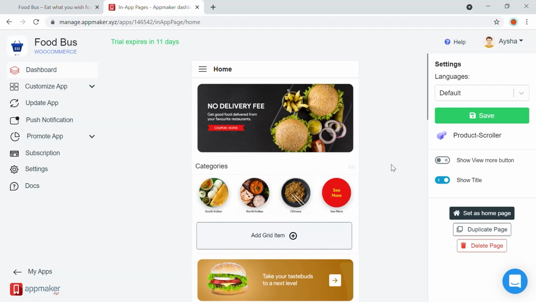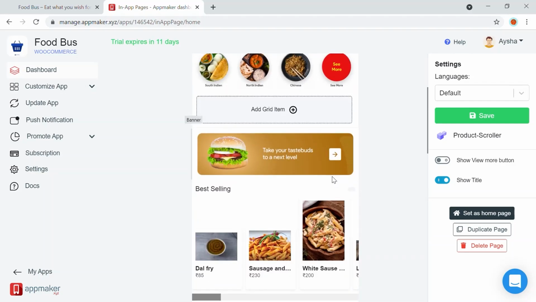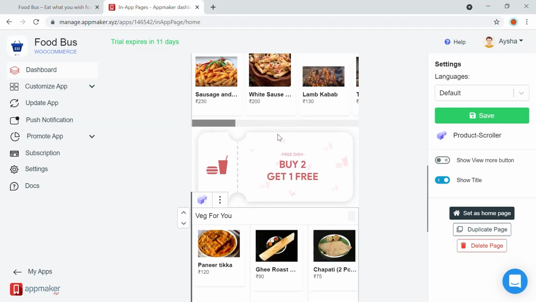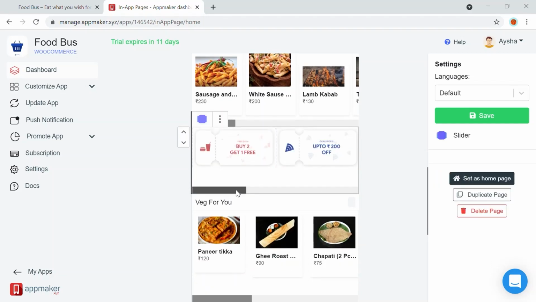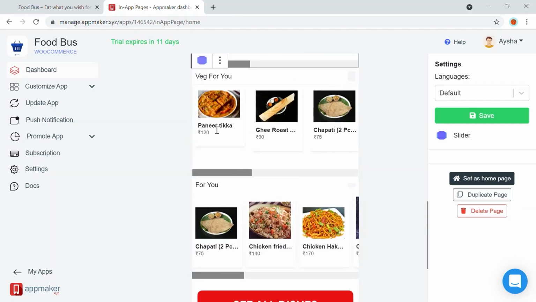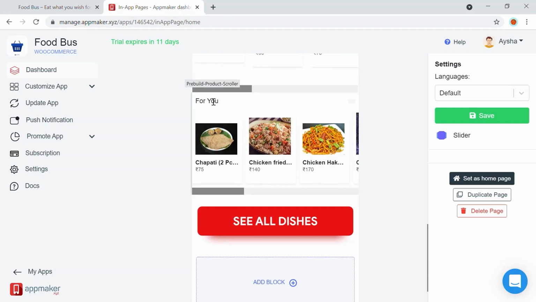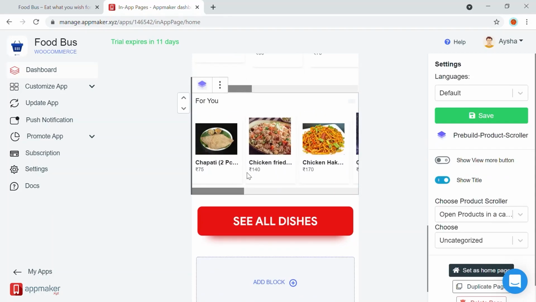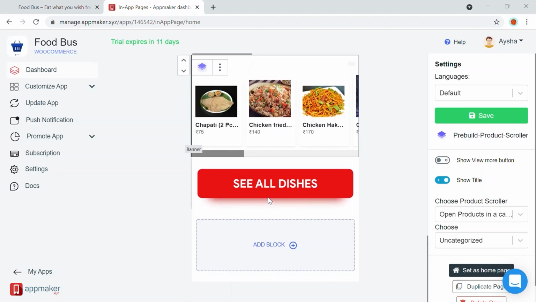So I've done customizing my home page. Right here we have been done up to here. I've added a few more pre-built product scrollers here. I've added some sliders again with the coupons that are available, and then I've added a product scroller, which I have handpicked some veg food items for right here, and I added a veg for you option. Then there is a for you option with some uncategorized products, and also there is a banner with see all